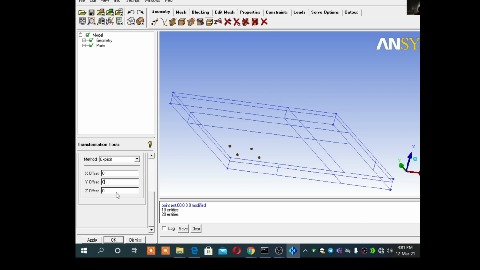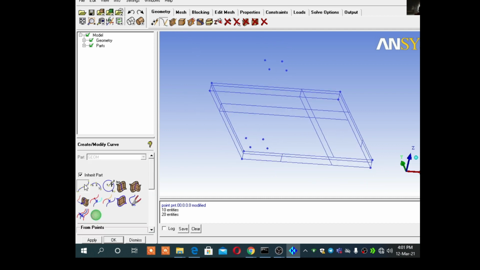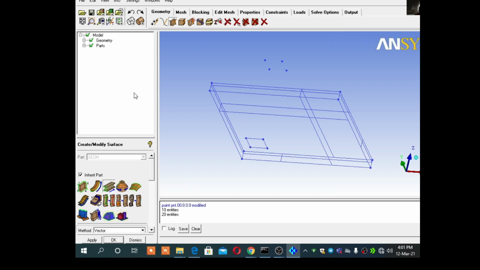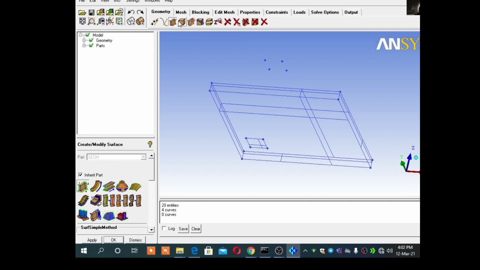Okay, so in Z direction I can say 10 mm. Here it is. Then I will draw lines and I will draw surface also.